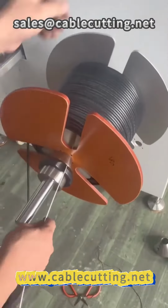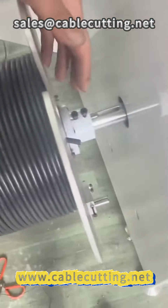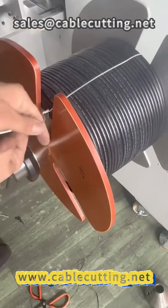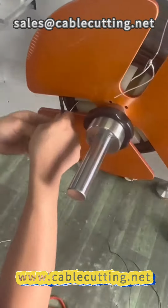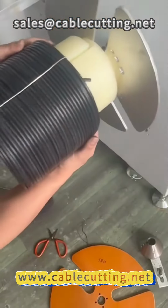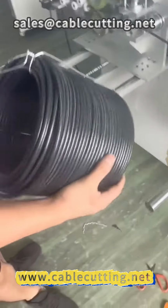Our meter counting winder is your ideal partner for wire processing. Whether you're producing wires or cables, it can help you achieve efficient, accurate production. It is committed to enhancing production efficiency, reducing labor costs, and giving you a competitive edge in the intense wire and cable market. If you're looking for a device that can improve work efficiency and accurately cut wires,